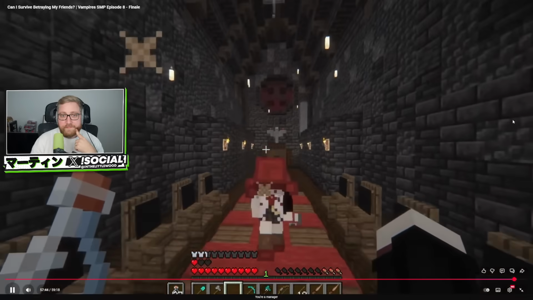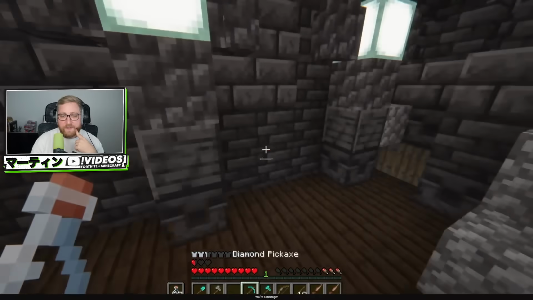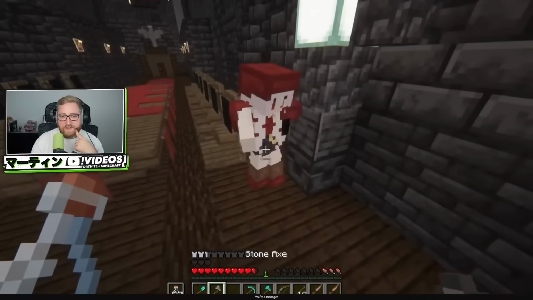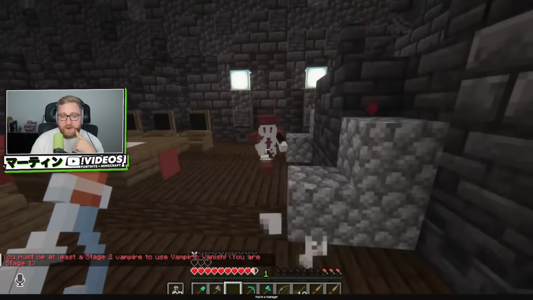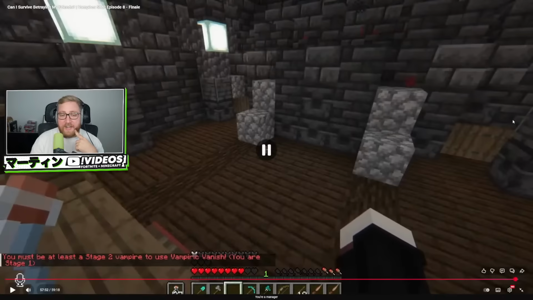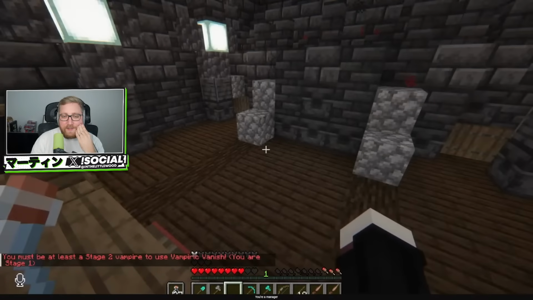Whoa, big crit at the start. What are you doing? I'll hurt you again. I can't forgive you for that. Oh, you gotta be at least stage 2. Shelby. I love that you tried to, and I'm guessing maybe you did that on purpose, or maybe it was just instinct to pop the vanish, and you couldn't because you went down a level. But it's good even if you did it scripted, that's so good because it shows that